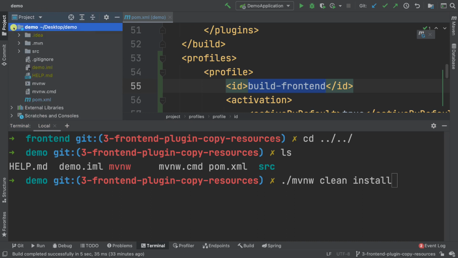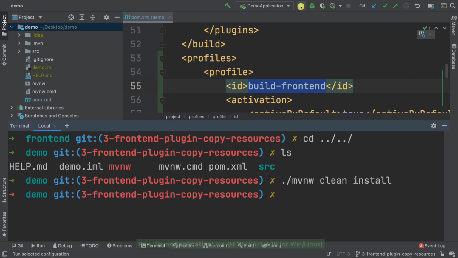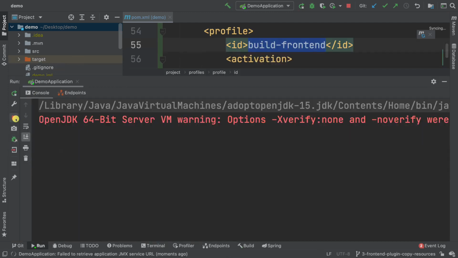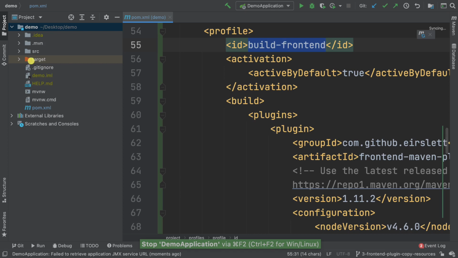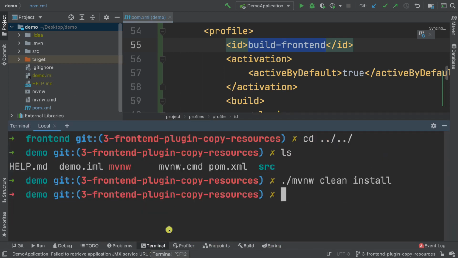So actually, we actually deleted the target folder, right? So in fact, before we do that, let's just start the application through IntelliJ, and this should create the target folder, and there we go. And let me just stop the application, and you can see that we have a target folder here. So now if I open up the terminal and if I say mvnw, and by the way, if you're on Windows, you don't need the ./